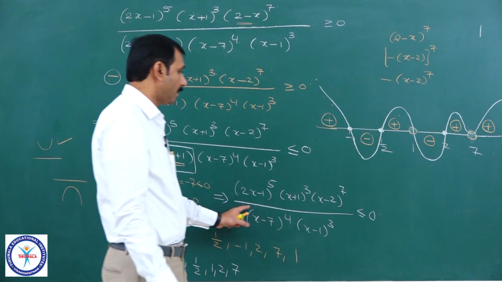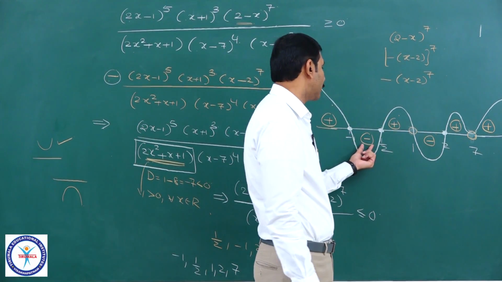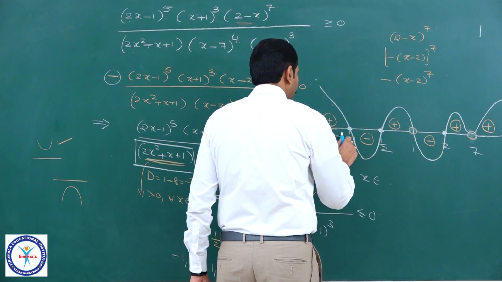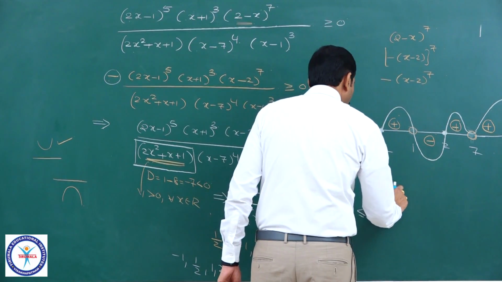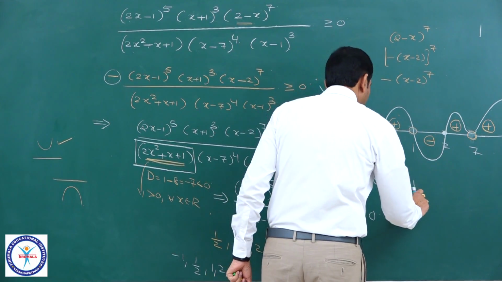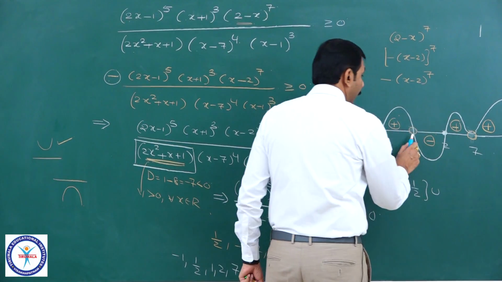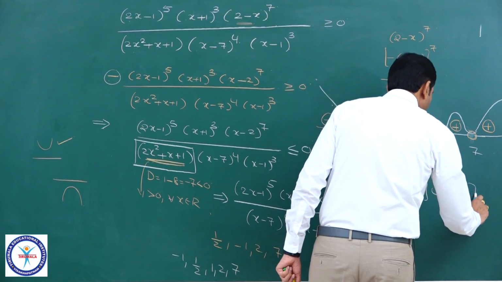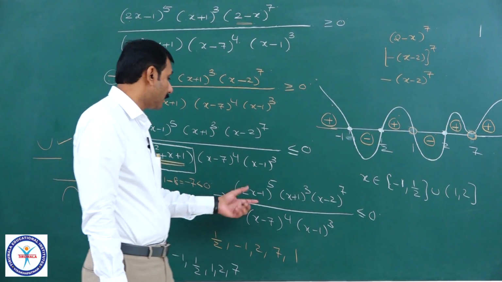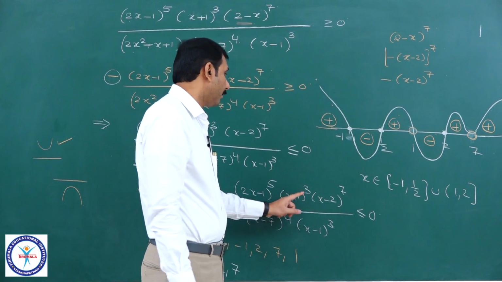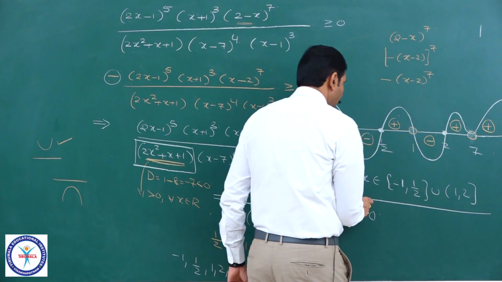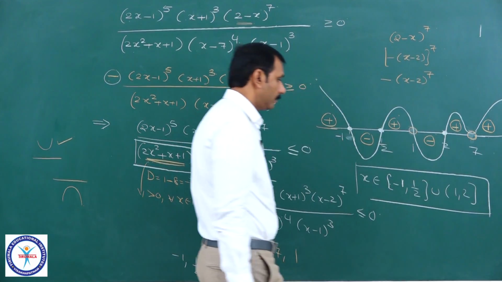Now, I need values of x where it is less than or equal to 0. Collect this and this, that's all. Therefore, the solution set is x belongs to closed minus 1, because of less than or equal to, and here it is a dark circle, closed minus 1 comma 1 by 2, union open interval 1 comma closed 2. Now, observe any value of numerator included? Yes, numerator zeros 1 by 2 included, minus 1 included, 2 also included. That's all. This is the final solution set of this inequation.